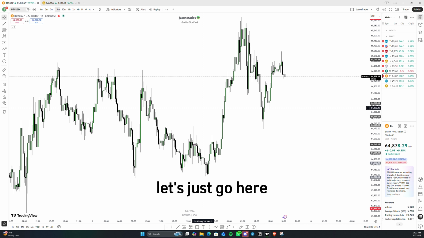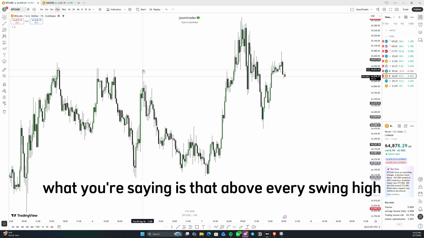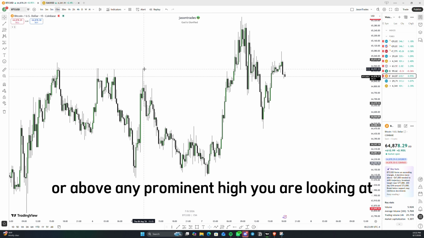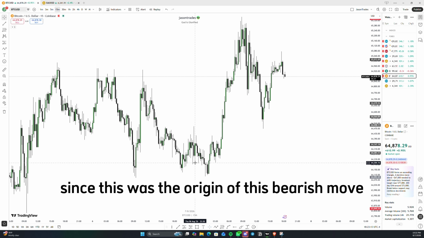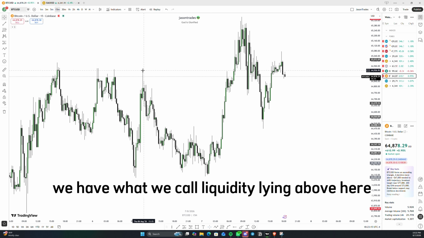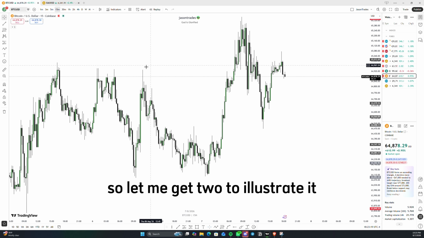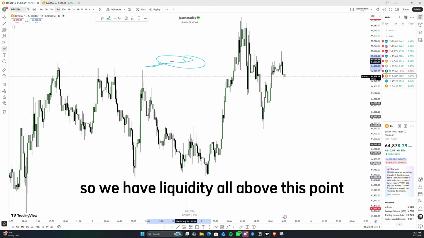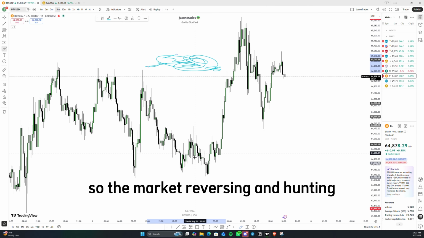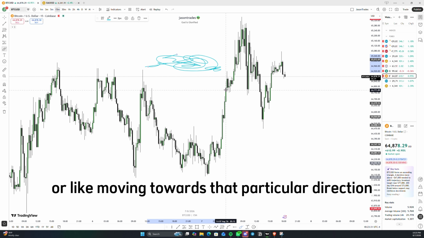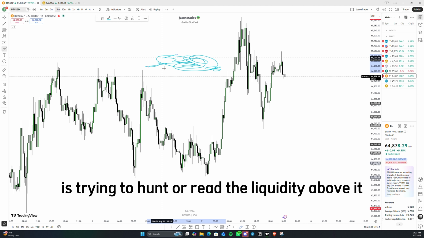Let's just go here. What they are saying is that above every swing high, or any prominent high you are looking at, since this was the origin of this bearish move, we have what we call liquidity lying above here. So let me get two to illustrate it. So we have liquidity all above this point. That's what they are trying to say. So the market reversing and moving towards that particular direction is trying to hunt or raid the